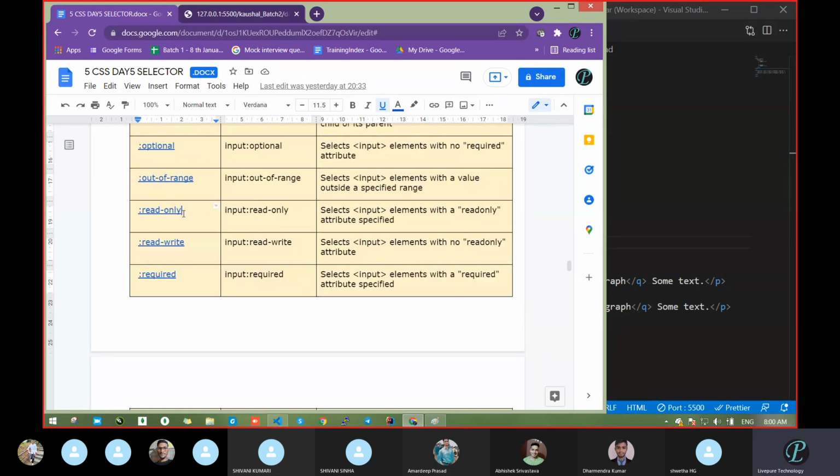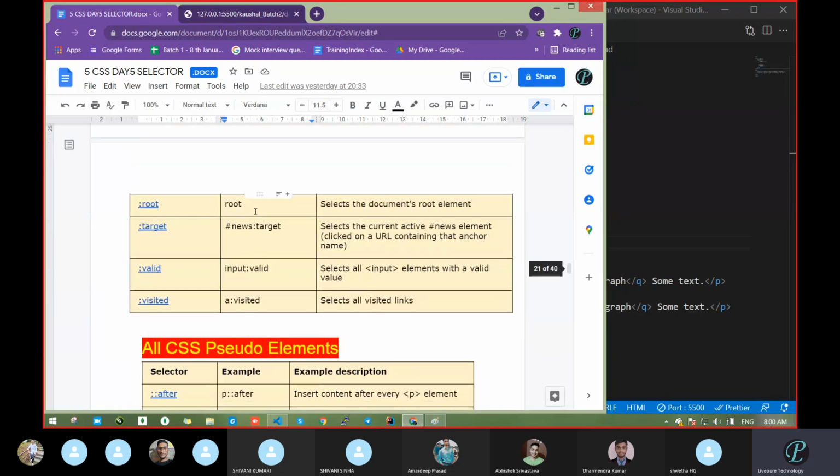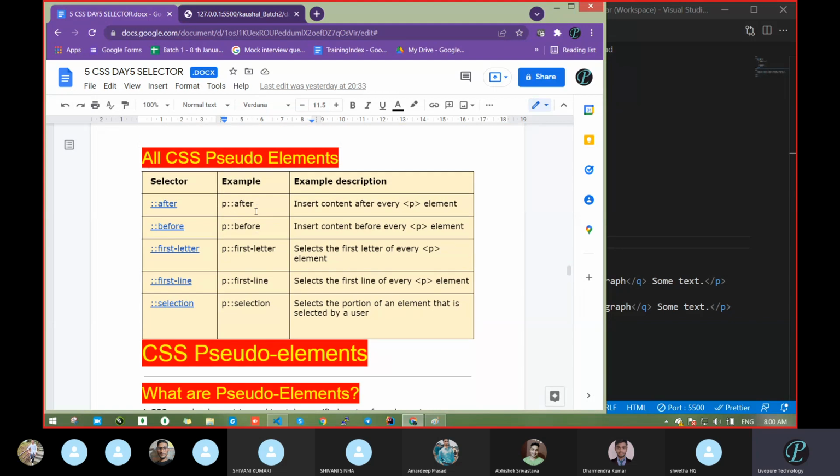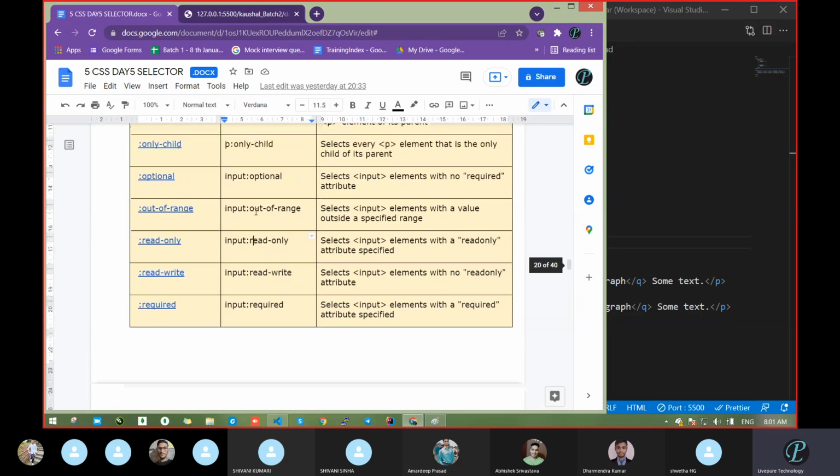How can we see read only? You do not want to give the user permission to click; the user can read only. Okay, so input type read only, these are all useful. So just go through them one time and you will get the idea. This much is actually too much. After this you do not have to worry about that.